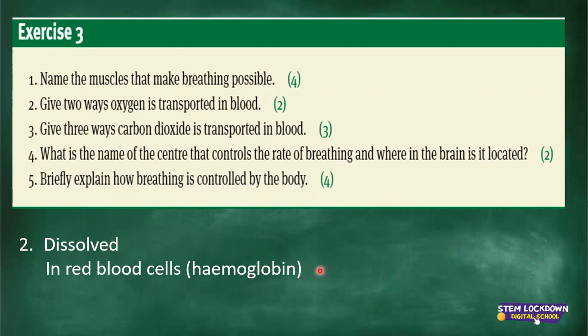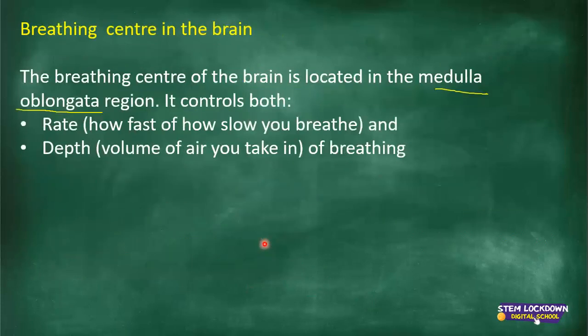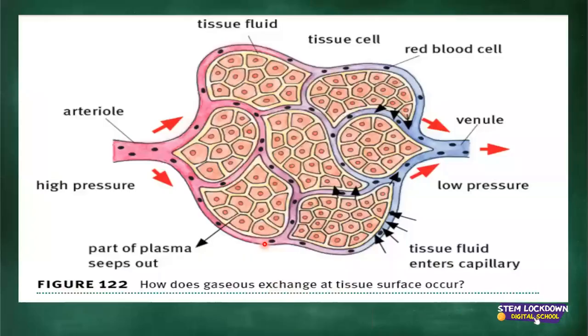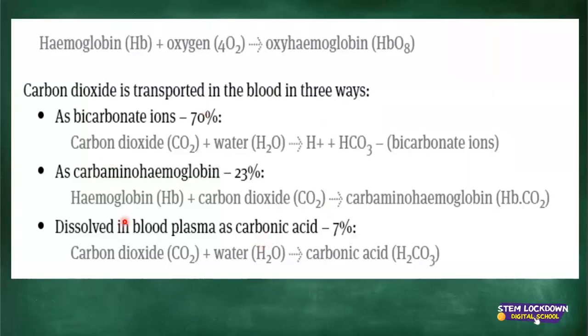Question 3, give 3 ways carbon dioxide is transported in the blood. We discussed this in the beginning. I'm going to take you to that slide so I can show you the formula once again. These are the 3 ways: as bicarbonate ions, whereby carbon dioxide binds with water to form hydrogen ion and the bicarbonate ions,